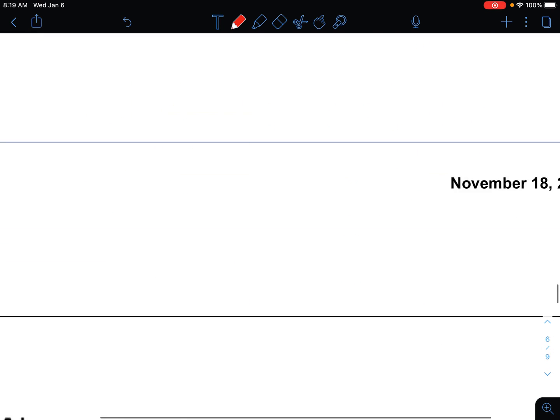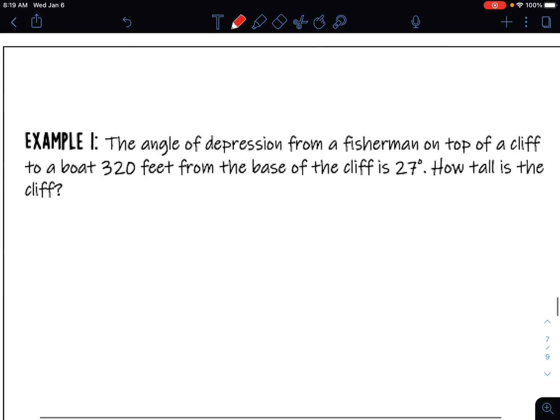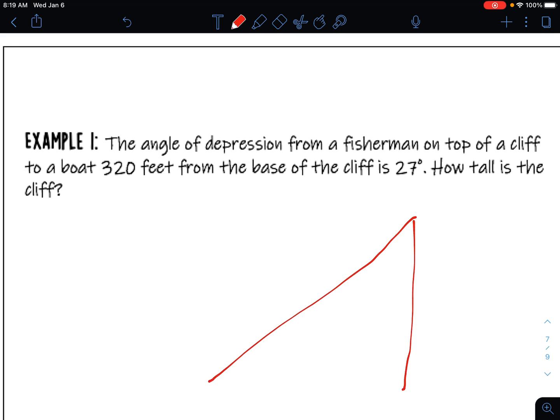But now we're just looking down. So angle of depression from a fisherman on top of a cliff. So here we're on top of a cliff. And we got to draw it upside down. So this is what I like to do. Okay? Because if this is our cliff,